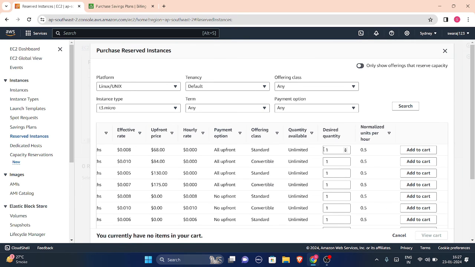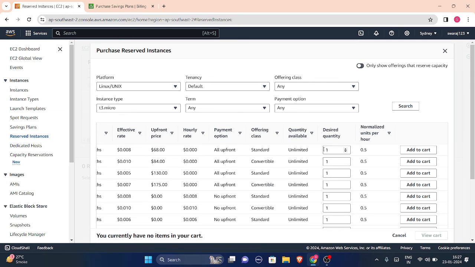A reserved instance is the type of thing you have chosen to stay for 1 year or 3 years in one place, and you are paying that money, so your instance won't be terminated.